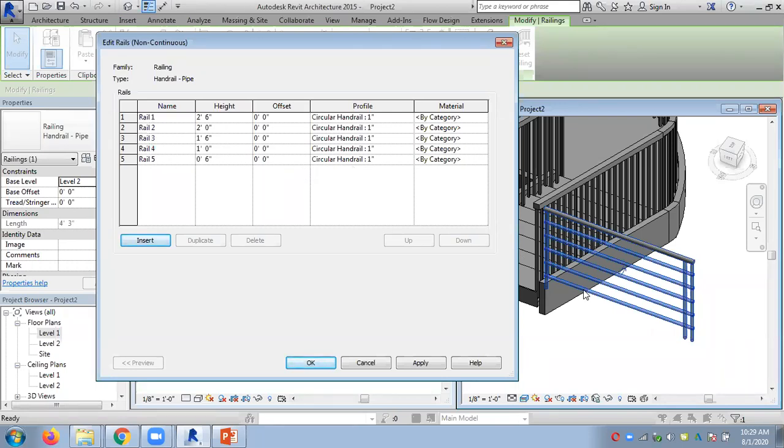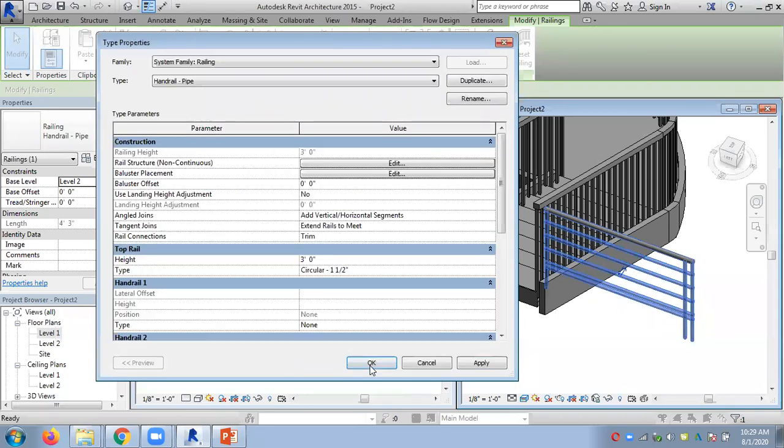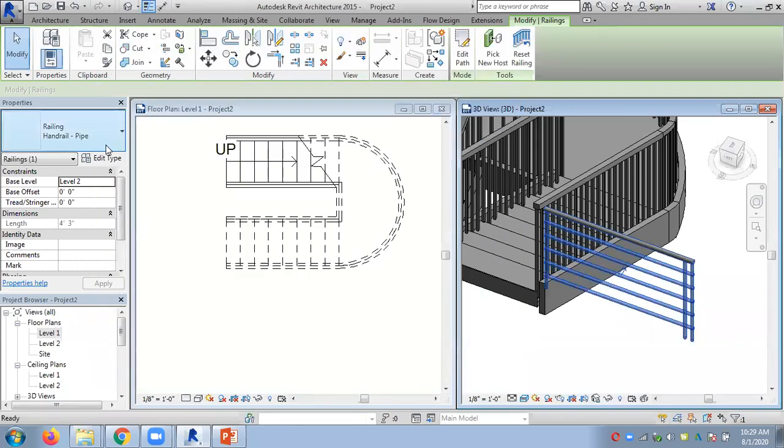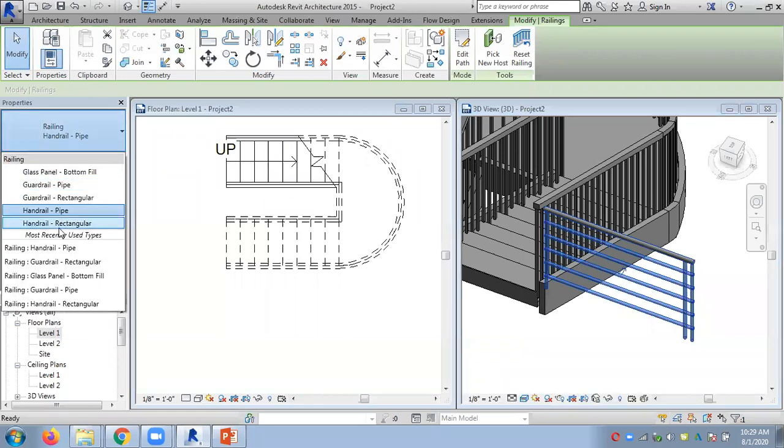So we have 5 railings, 1, 2, 3, 4, 5, and the top rail. So you can change these shapes and the height between them. So starting one is 0, 6. Now if you just take it to 0, 10, you can see it's going up. So we can add our railings and change this shape. So don't worry if you know the software very well. These are not difficult.